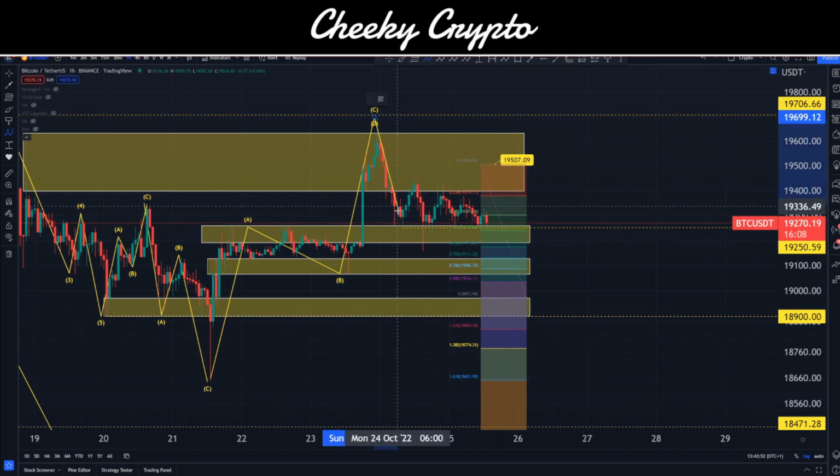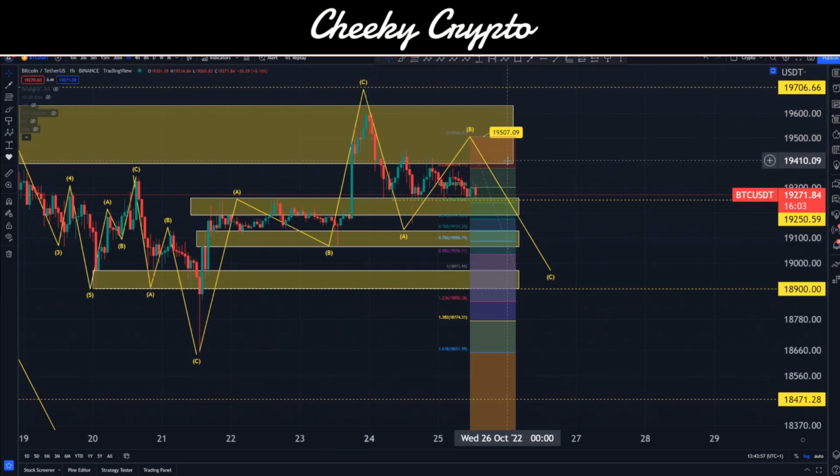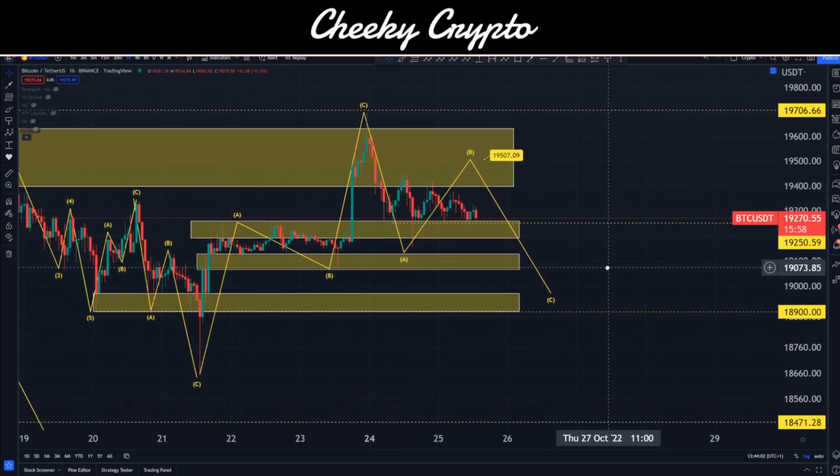But structurally speaking, I think it will look like this. We move up, then we pull to the downside, okay? And it will look something like that. So let's go ahead and just remove that off there. I don't really need to label it because it's right on top of that support line.